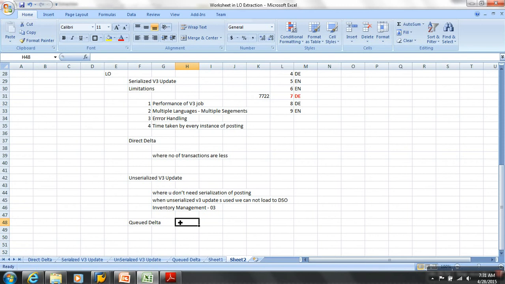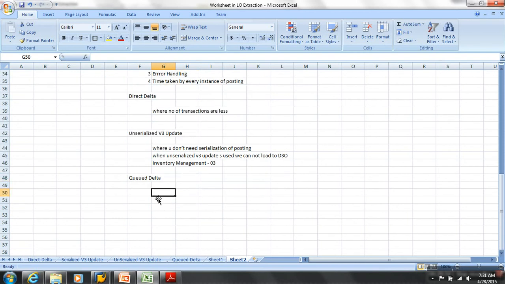Yeah. Next, Q delta. See, what does this use? Does this use extractor Q, which is what? LBW cubes.